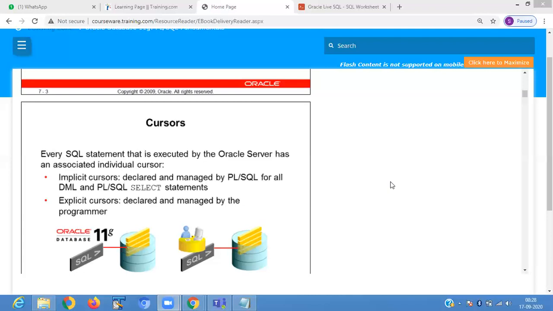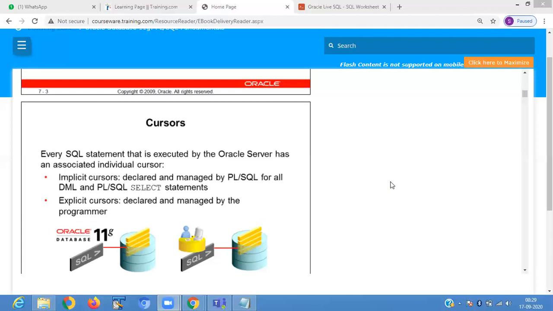Okay. For processing the SQL statement, Oracle creates a context area. The cursor is a pointer to that context area. So there are two types of cursor we are using: one is the implicit cursor, another is the explicit cursor. Implicit cursors are automatically created by Oracle whenever an SQL statement is executed, when there is no explicit cursor for the statement.